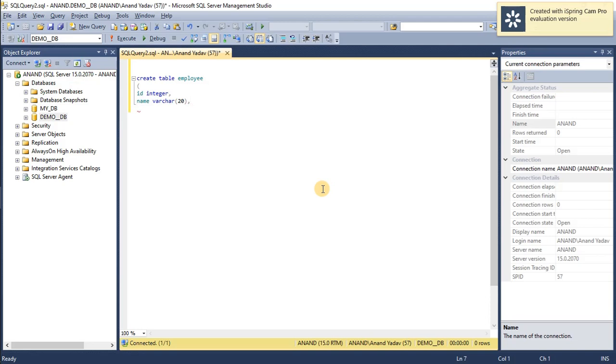The third and very important parameter of employee is salary. I'm taking salary for demo purposes. It is of integer data type. And the fourth and last parameter of my employee table is hire date, the date on which the employee was hired. It is of type date.